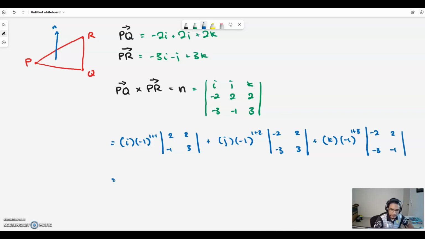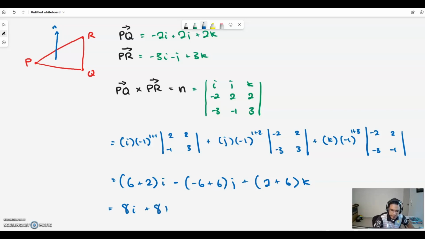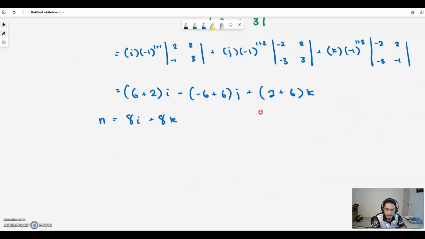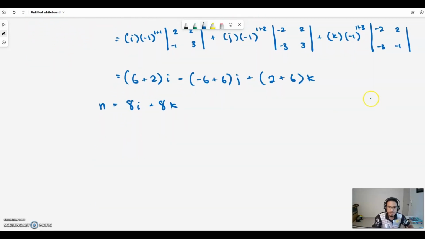Okay, so from that we now have 6 plus 2i minus negative 6 plus 6j plus 2 plus 6k, and now we have 8i plus 8k. Alright, so this is the equation of the vector n that is perpendicular to the surface of the plane PQR. Okay, so now we are given the equation of the straight line,